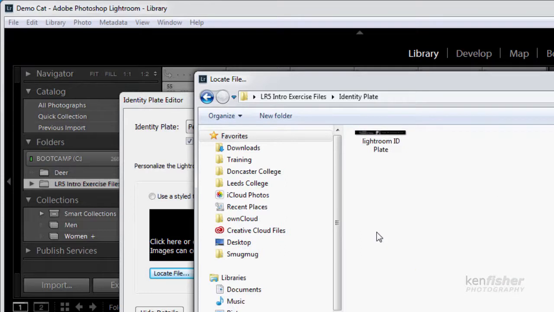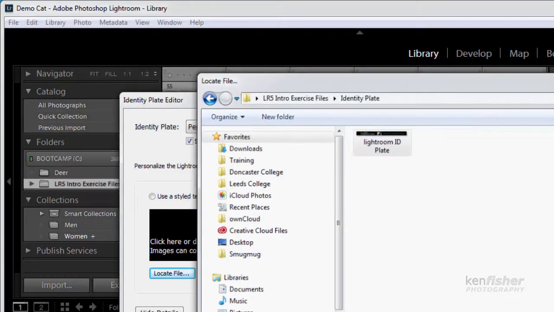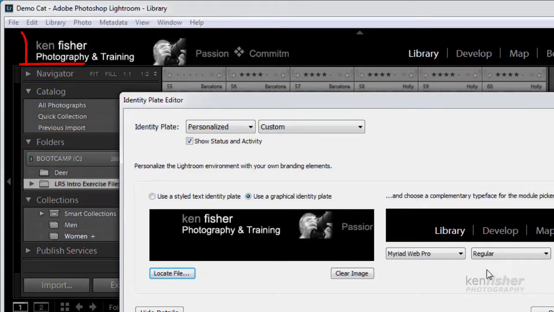In true Blue Peter fashion, here's one I made earlier, and I've called it Lightroom ID plate. And if we click to open that, then that now goes in this top area here, this top left. So I've got my own personality now being stamped on Lightroom. So if I click OK,